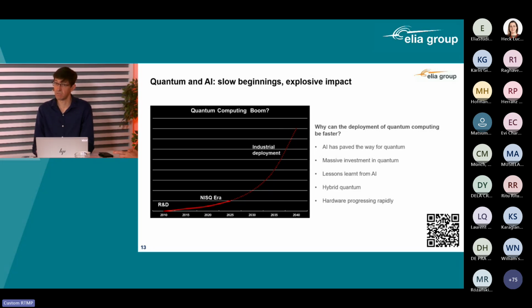We see a lot of interest from the EU, for instance, and we also see that hardware is progressing rapidly. 10 years ago, we had computers with just a few qubits. Today, we've passed the boundary of more than 100 qubits, even more close to 1,000 qubits. Today, we are in the NISQ era, which stands for Noisy Intermediate Scale Quantum Computers. Those are quantum computers. They are still not 100% reliable. There is decoherence and noise on it.